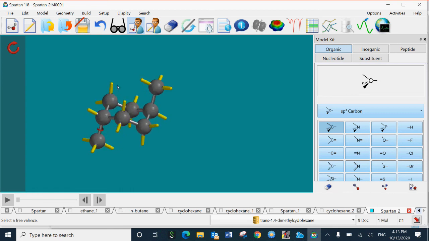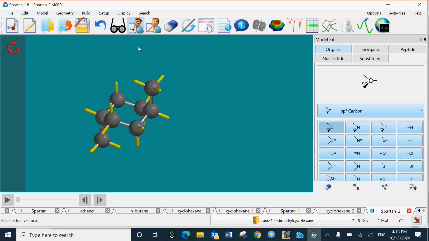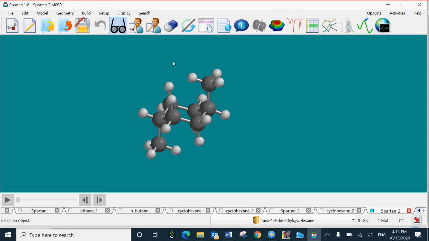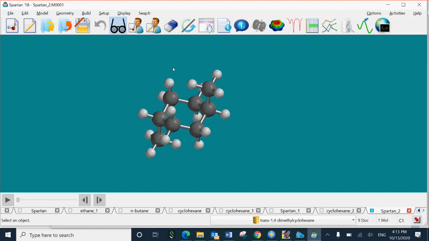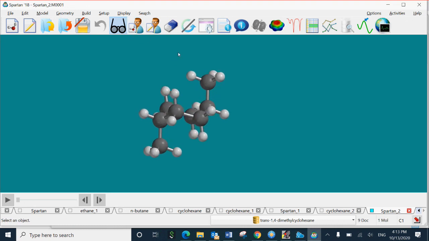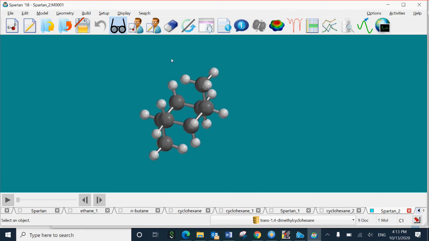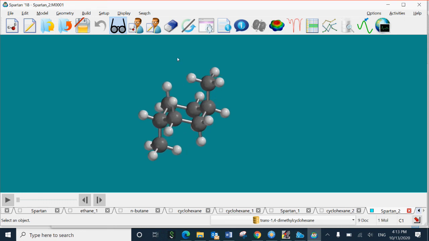So now you can go for the energy calculations. You can go to view here and then go for the energy calculations as you did before. Go to setup, calculations, and then once the calculation is completed, go to display and properties, you will get the strain energy. And with this there is another question: how many gauche interactions are there in this conformation?